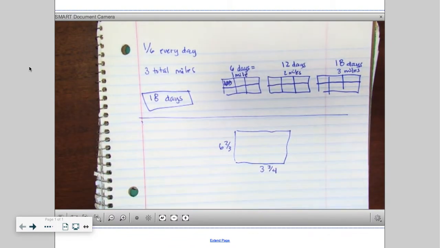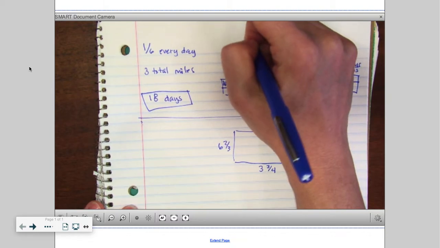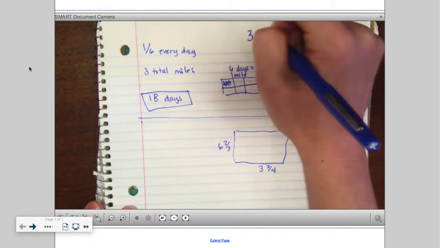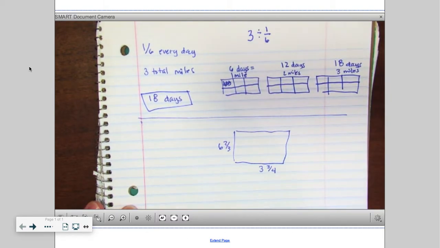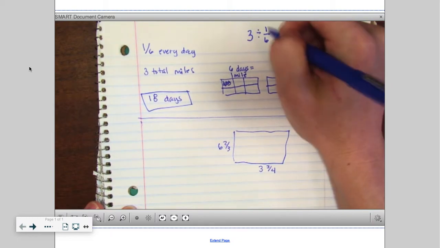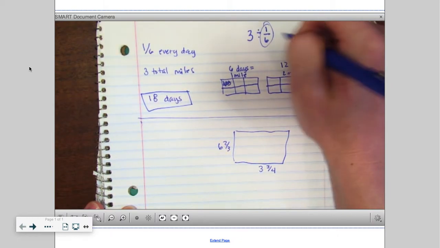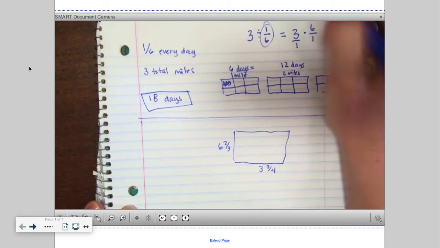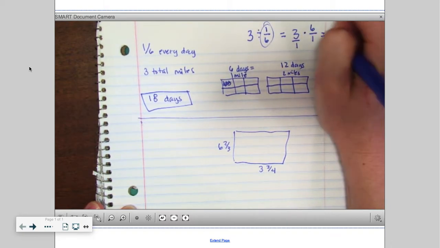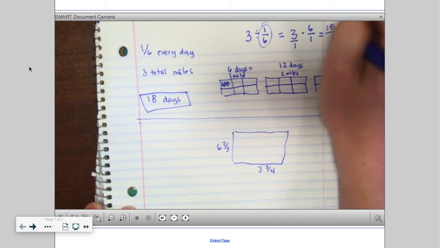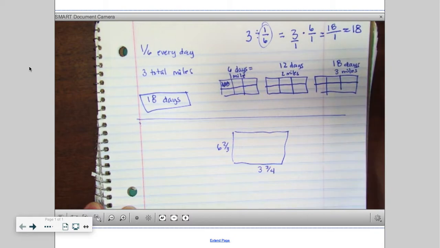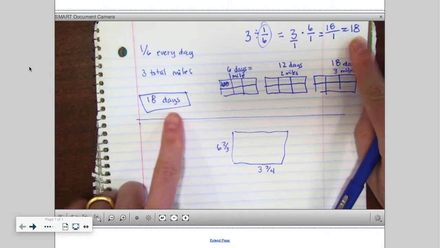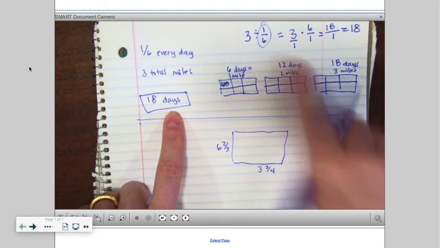The way that would look as an equation is I'm taking 3 and I'm dividing it by 1/6. When I divide, I flip my second number. So now this has turned into 3 times 6/1. And I can put 3 over 1 because it's a whole number. And 3 times 6 is 18 over 1, and 18 over 1 is the same thing as saying 18. So this is how I would do it with an equation, and this is how I would do it with